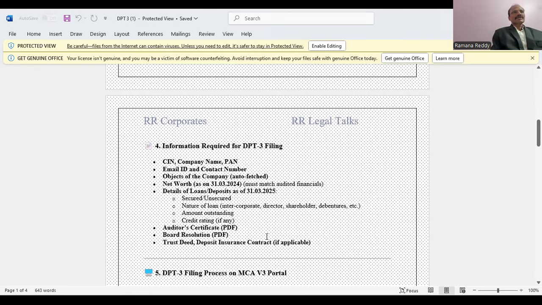And what is the information required to file DPT-3? Now, I will take you to the official website of MCA. Then I will show you how to file DPT-3 practically. I will stop here. Then I will take you to